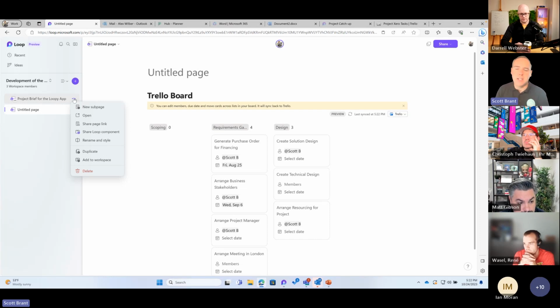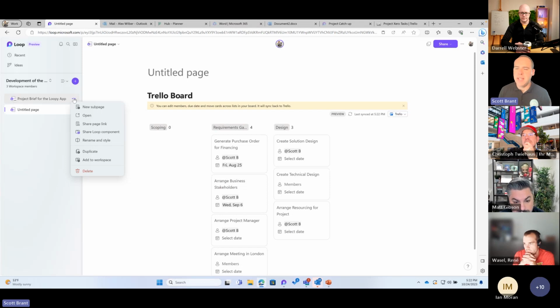But we've got it nicely, at least at the moment, inside of that navigation for the workspace. So we can take your existing ideas and bring them in to that Loop workspace. But thinking wider, of course, is, well, hey, Scott, this project is going to have different areas that we need to consider. Do we all stick it on one large page, or can we start this kind of idea of